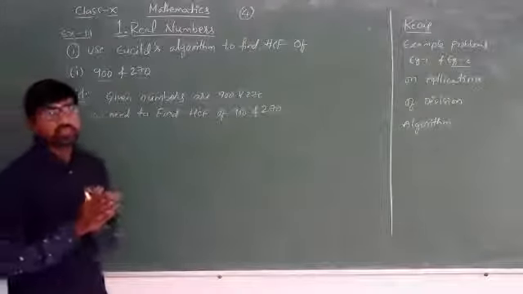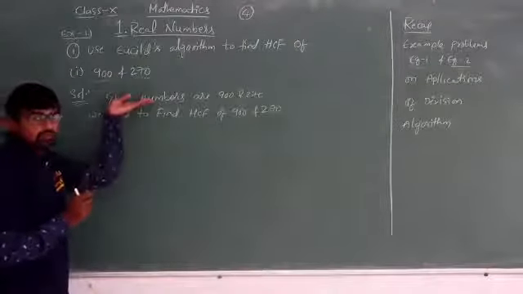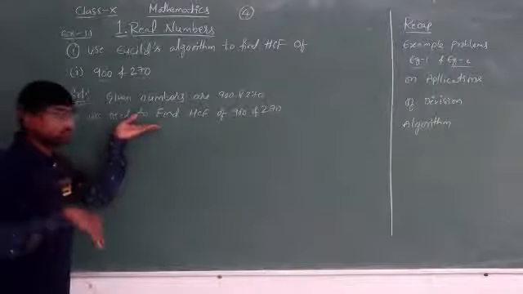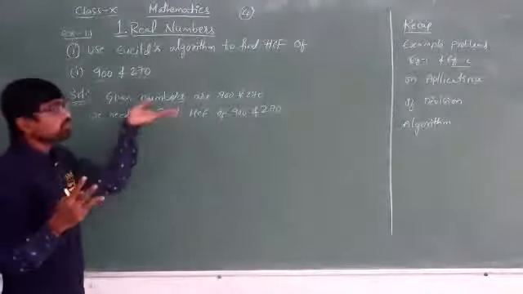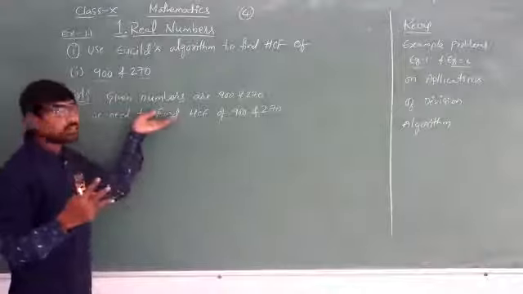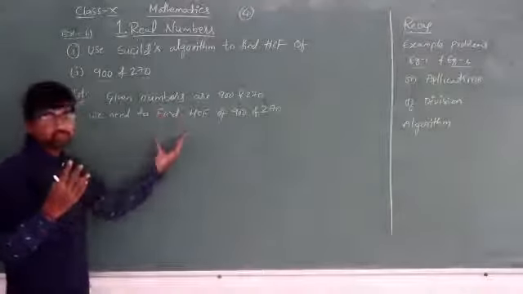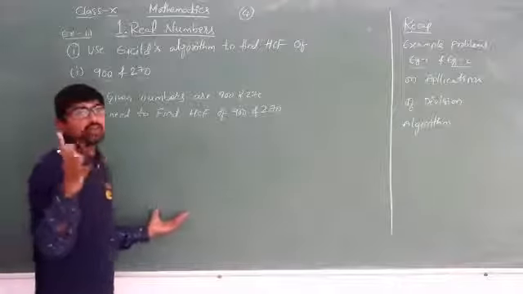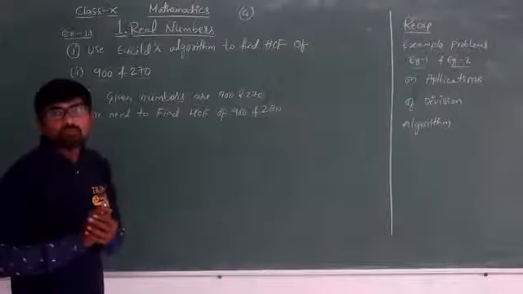For solving each and every problem, we have to follow 5 steps. What are those 5 steps? First, given: we have to write what has been given in the question. Second, what we need to find. Third, which formula, theory or theorem the question is related to; that formula we have to write. Fourth, the solution, that is substitution in the formula or theorem, the application. At last, we highlight the answer. These 5 steps you have to follow in each and every problem of mathematics.